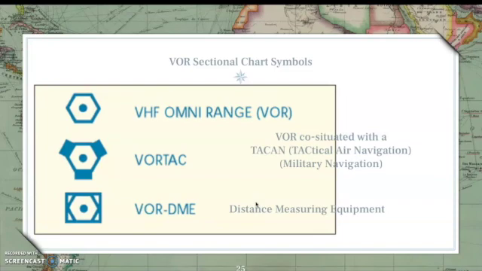So let's look at some sectional chart symbols. So for VOR, in order to calculate where you're at, you use something called a sectional chart. This is essentially your key for those charts. So the shape right here is the VHF omni range, or VOR. VOR is co-located with a tactical air navigation, or TACAN, or can be. And then we have our VORTAC, which is right here, and then our VOR-DME, which is our distance measuring